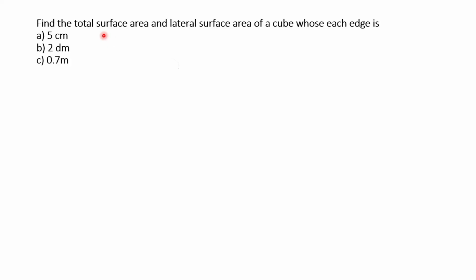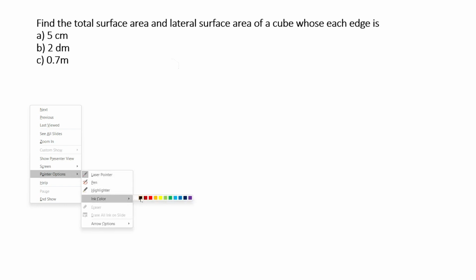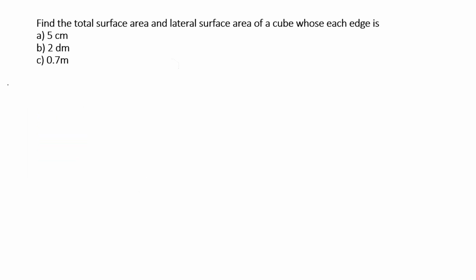Find the total surface area and lateral surface area of a cube whose each edge is 5 centimeters in first case, 2 decimeters in second case, and 0.7 meters in third case. Now he is asking to find total surface area and lateral surface area of the cube in each of the following cases. Now let me write the formula of the lateral surface area and total surface area of the cube first. Number 1,